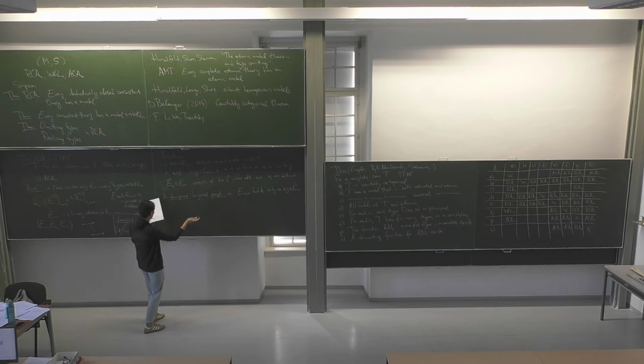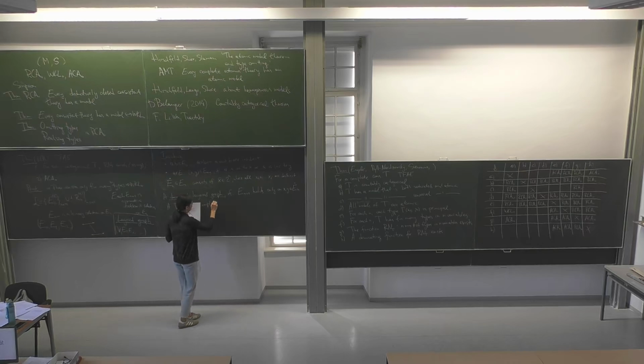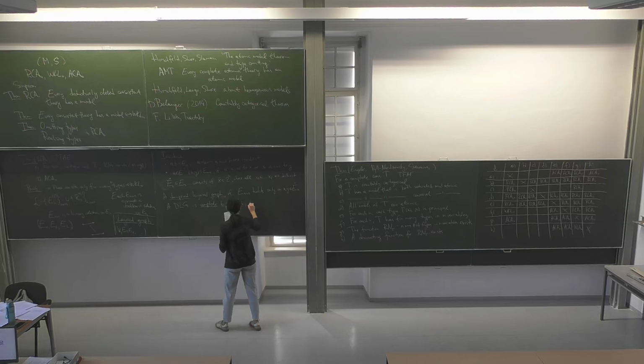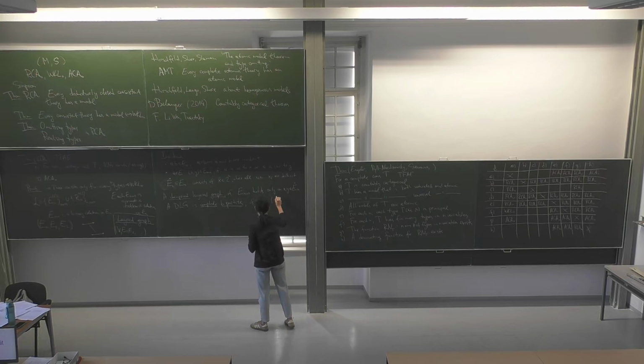A layered graph is called complete bipartite if every structure of the form E_n, E_{n+1}